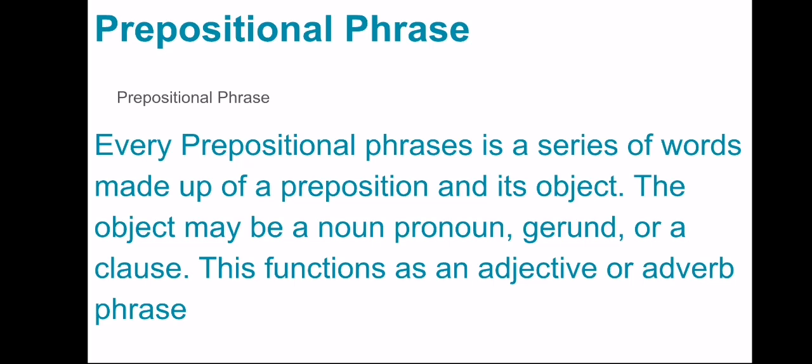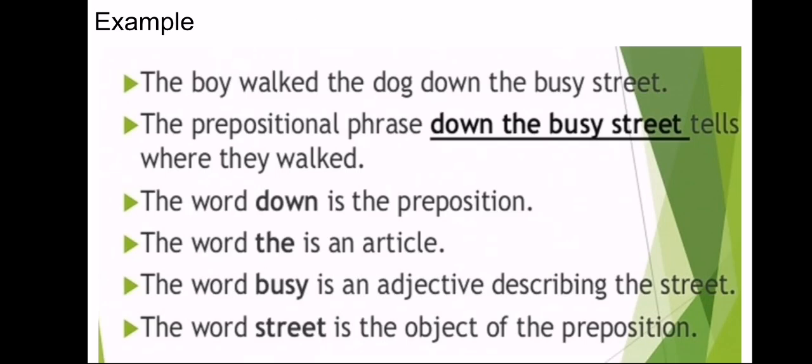Now we come to prepositional phrase. Every prepositional phrase is a series of words with one preposition and its object. Okay. The object may be a noun, pronoun, gerund or clause. Actually, the prepositional phrase acts like an adjective or adverb phrase. Like, the boy walked the dog down the busy street. Now, down the busy street is a series of words which is working as a prepositional phrase. The word down is the preposition, the is the article, busy is an adjective and street is the object. So all these words are collectively known as